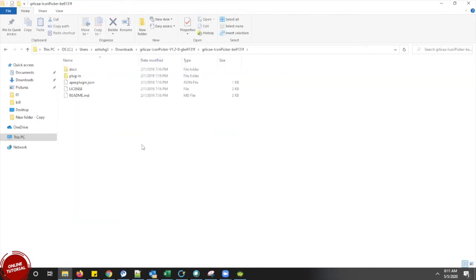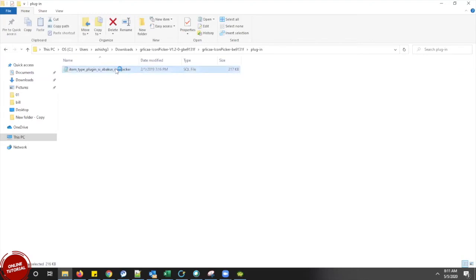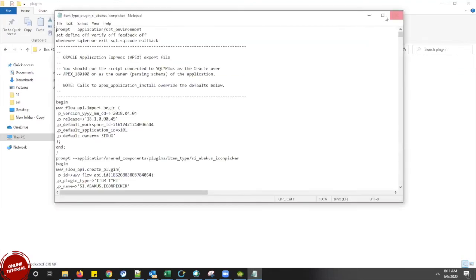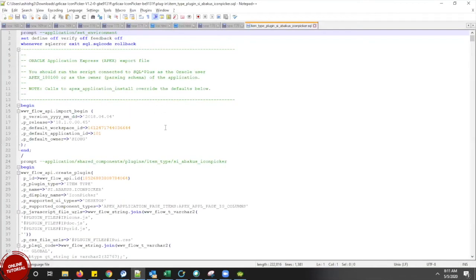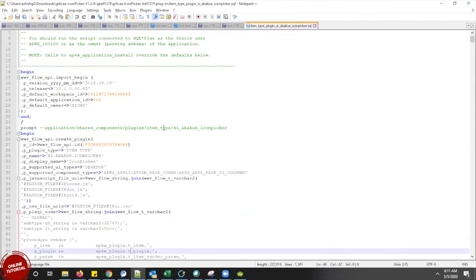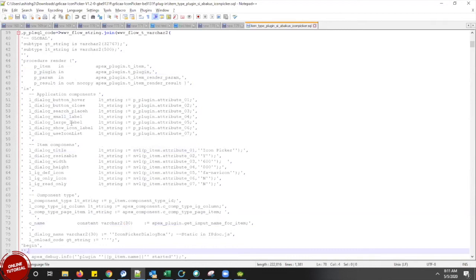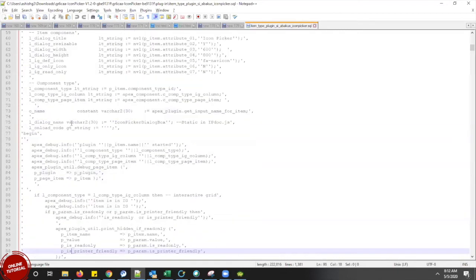So once I install it, we have to always import the .sql file into our system. So we need to see where that .sql file is. The installation SQL file could sometimes be directly here, outside of the folder, or it could be inside the plugin folder. So if you can see here, this is the SQL file. This SQL file is nothing but the SQL code that they have written for that plugin. So this is the component that they have used, and this is the code that they have written. Okay.